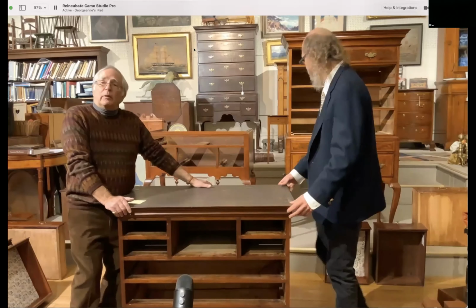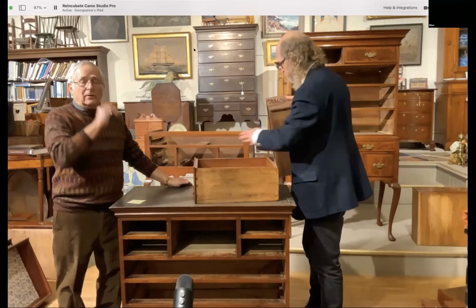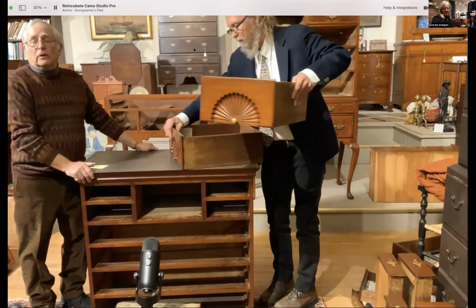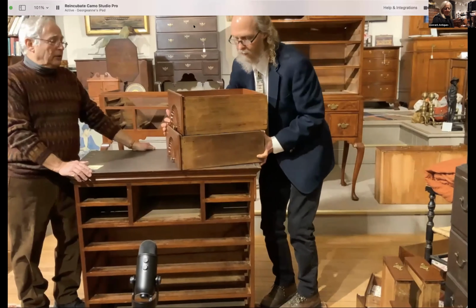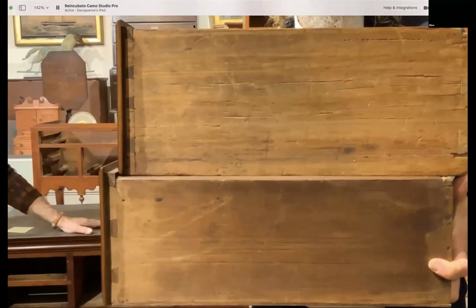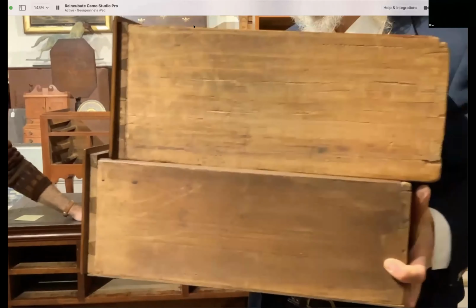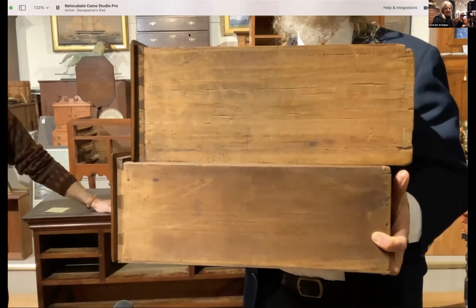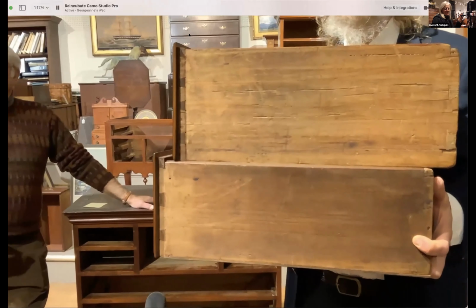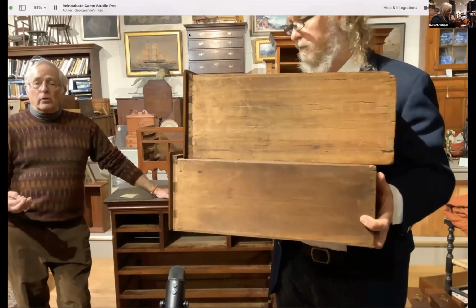In probably my time of being in the field, I can honestly say that I've only actually seen a top and bottom of the same piece where the dovetails do not match, and it can be proven maybe by the theory that maybe two different apprentices in the same shop made dovetails. It is a very tough argument. However, there are always extenuating circumstances. For instance, the primary wood has to match in quality. The quality of the secondary wood has to match in quality and thickness, because the master of a shop was not going to let two apprentices go off and do whatever they want and not maintain the order and the quality